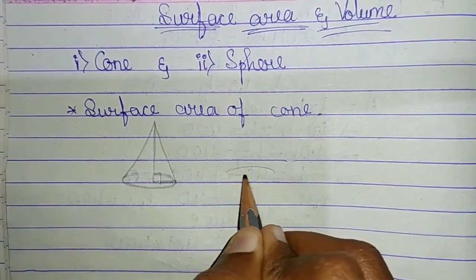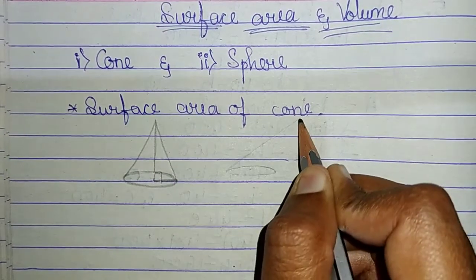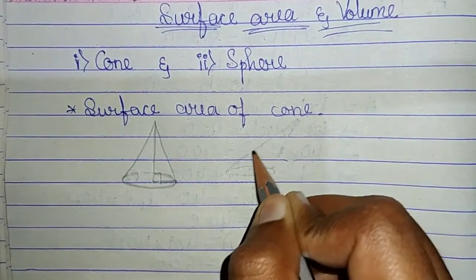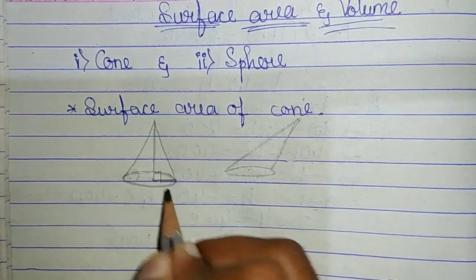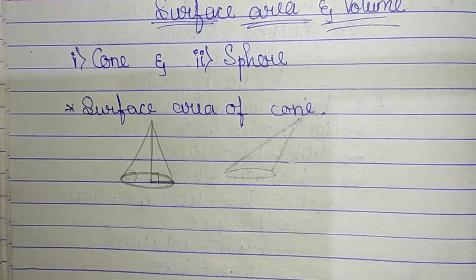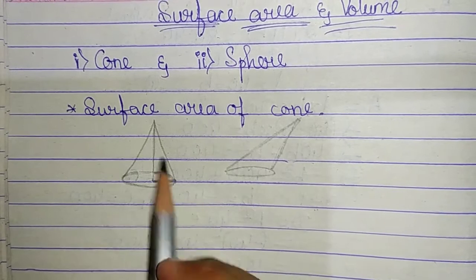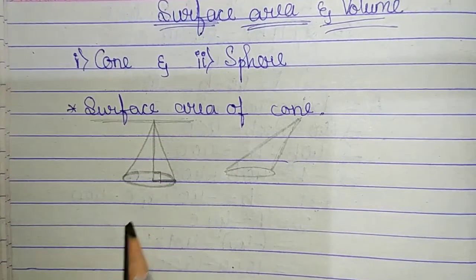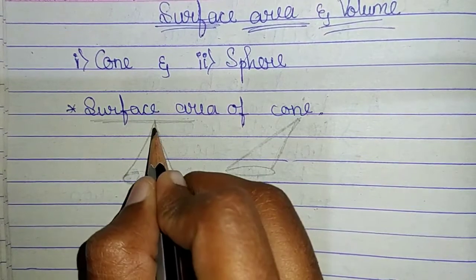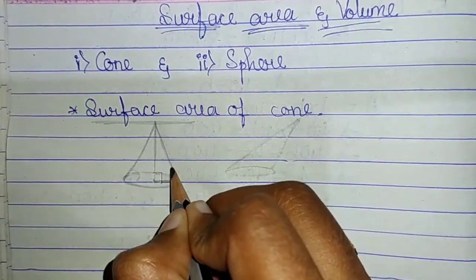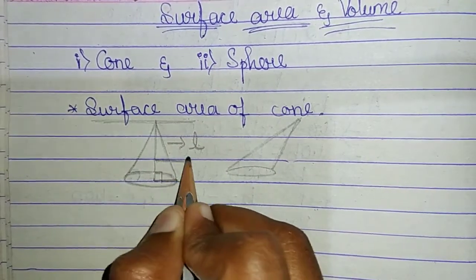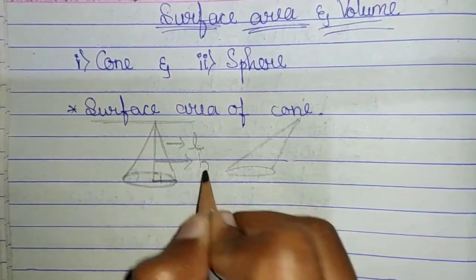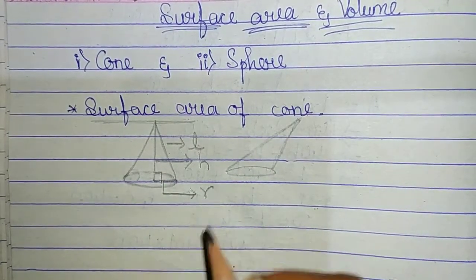Usually we can also come across cones which are not right circular in shape. So this second image is not a right circular cone, whereas the first one is a right circular cone, and we will be learning to calculate the surface area and volume of the right circular cone. In this case, first we will be studying about surface area of a right circular cone. So this length is called the slant height, and this length, the perpendicular length from the circular base, is the height, and this will obviously be the radius.